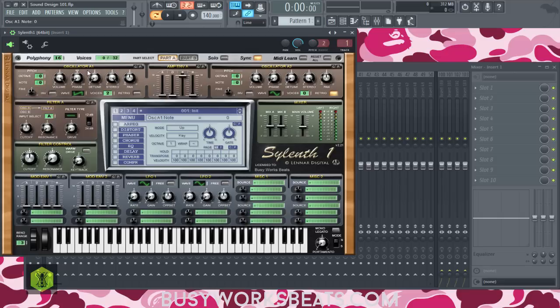So a nice detune is just right below 50%. 50% is usually the max value as far as detune that we're used to. Once you pass 50%, it kind of gets into where you can tell it's detuned. So this is how we make a fuller stereo sound.